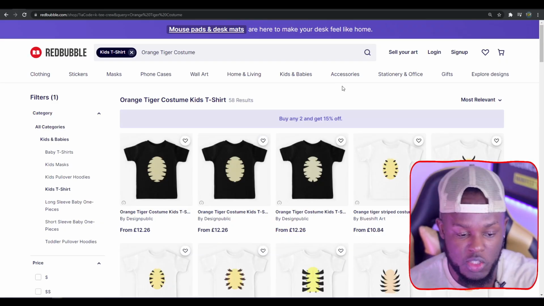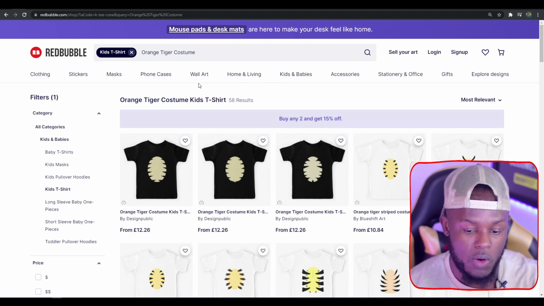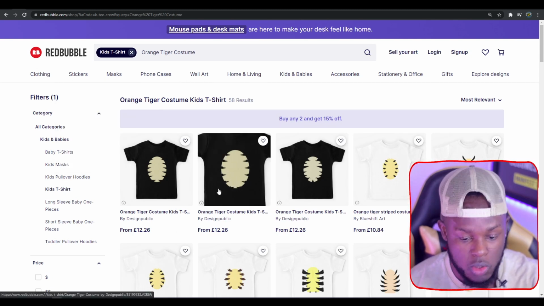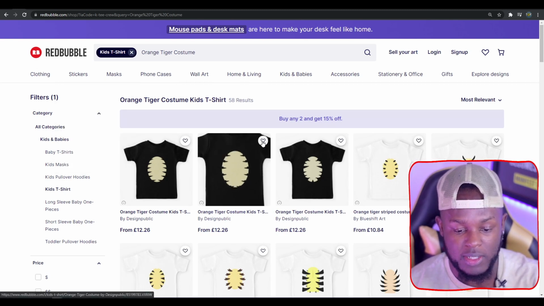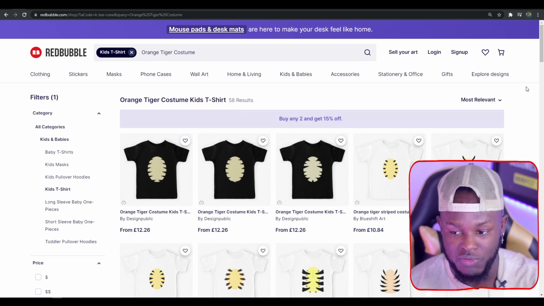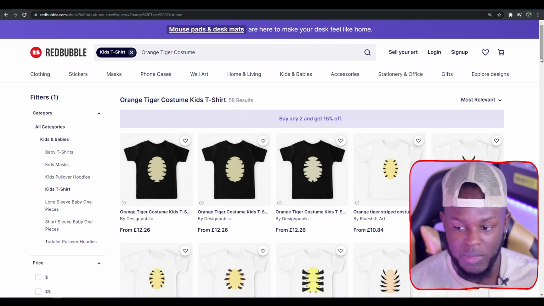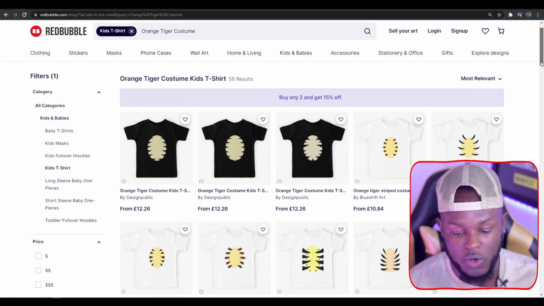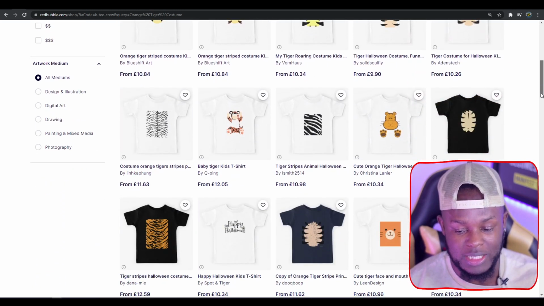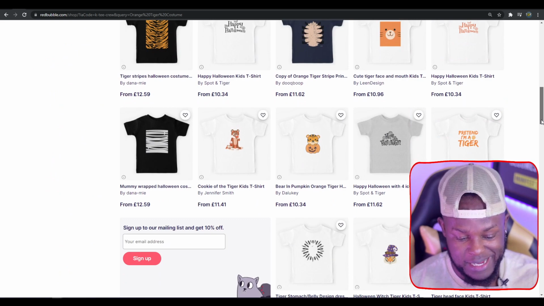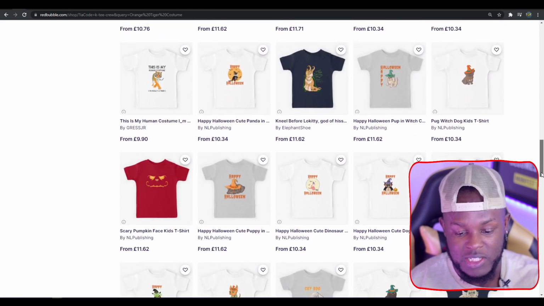Now, like I said at the start of the video, I do actually have 5 Halloween costume niches lined up for you guys. Starting us off with the orange tiger costume for kids. Now, it's currently under kids clothing, mainly because under kids clothing there's only 58 results. I'll show you in a second how many results pop up if you're not searching for kids clothing, but I feel like a good idea in terms of this style of designs is to kind of target it towards kids